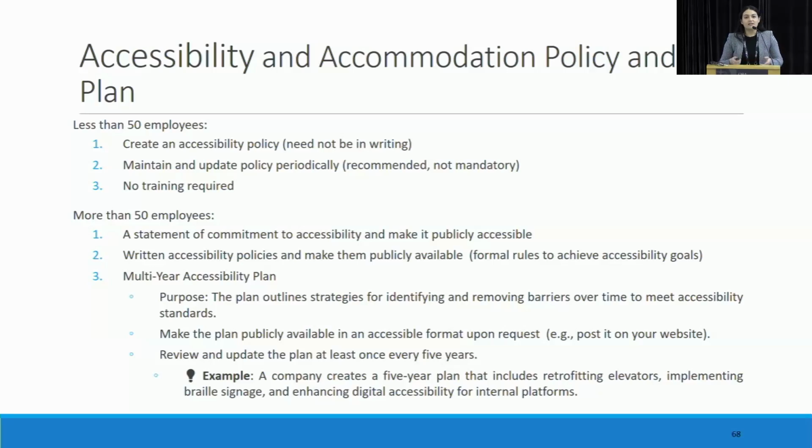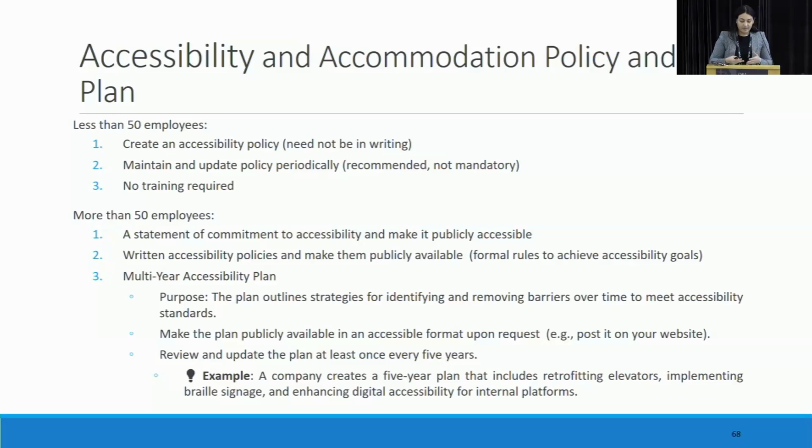So for instance, this might include retrofitting an elevator or even installing elevators in a building that there are none. So this allows you to plan for that type of expenditure and process. And you're going to keep on updating that every 5 years to make sure that your company is continually committing to new accessibility goals.